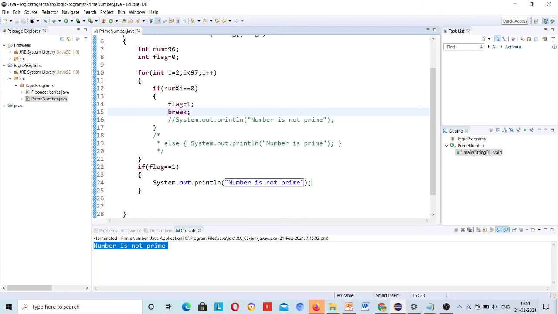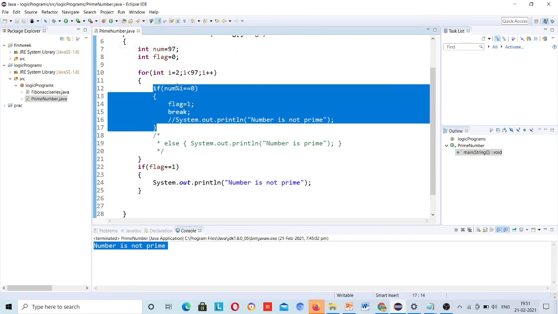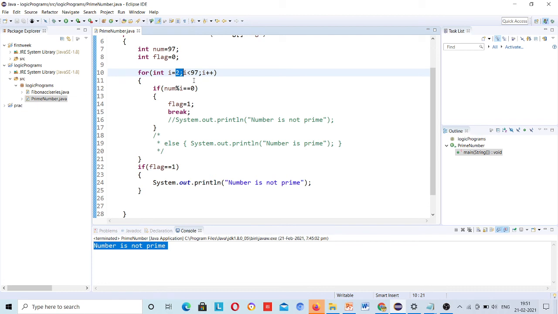Okay, but what if the flag value is not updated? This will happen only if it goes till the last. Suppose here the value is 97. Then the flag value will never be updated, because it will never go inside, since from 2 to 96 there is no value which will divide 97 completely with remainder 0.